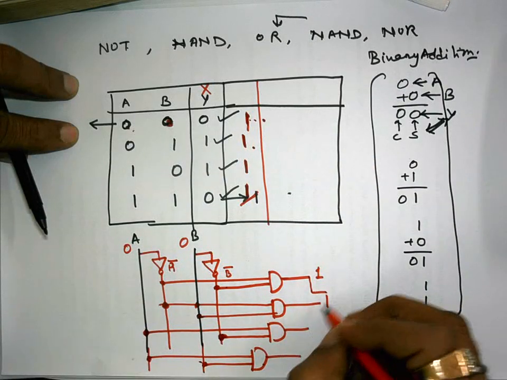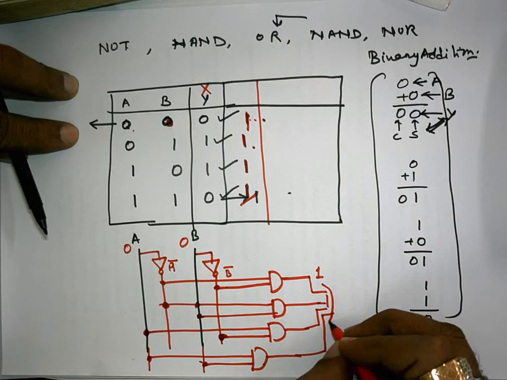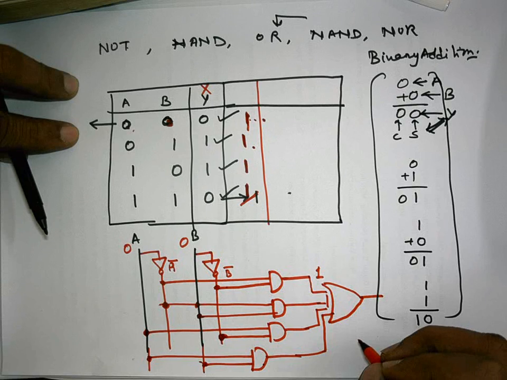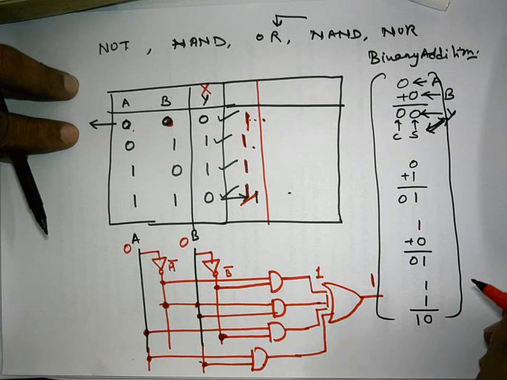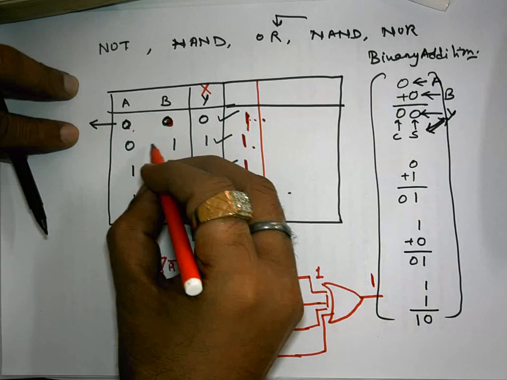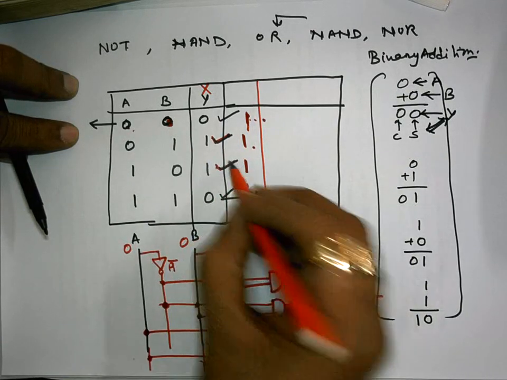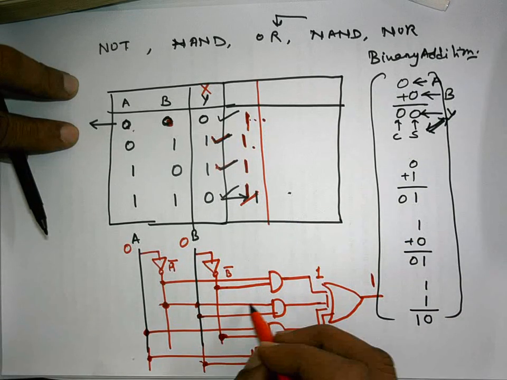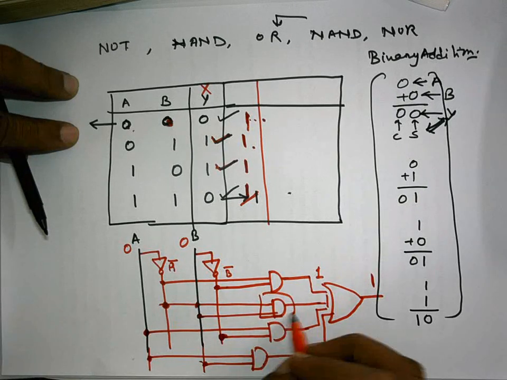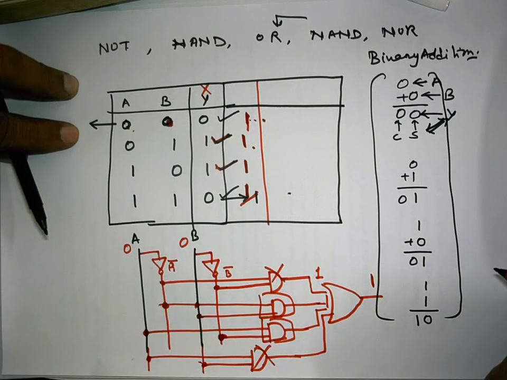By my statement, if I connect these outputs to an OR gate, then on the occurrence of any of the inputs it is going to give you 1. Now suppose I design this circuit for the situation where the output was 1 only in this case and 1 only in this case. In this situation we have to select only this part of the circuit and this part of the circuit, and we have to forget the other part of the circuit.